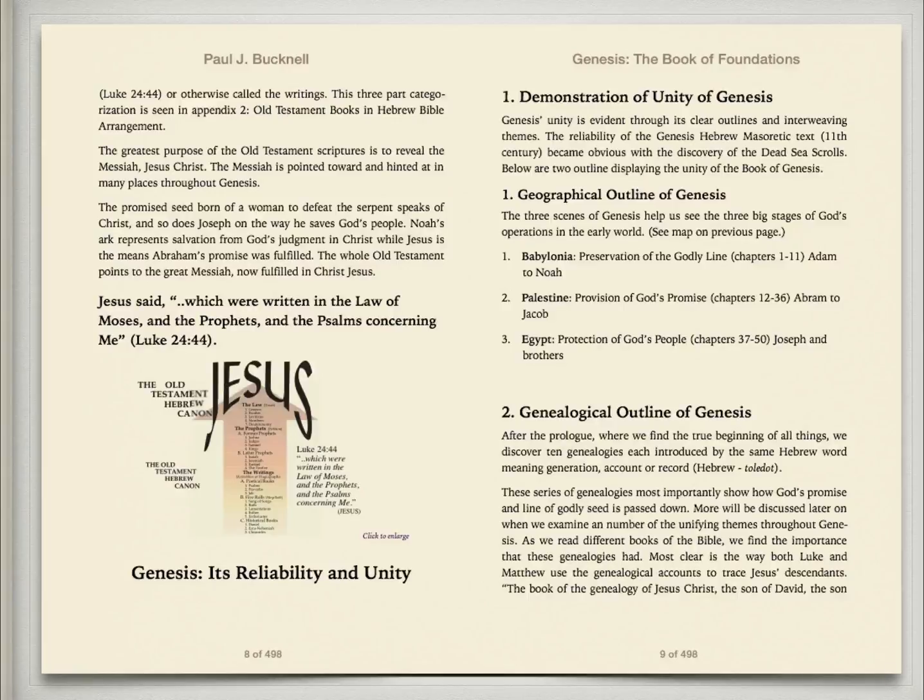You'll notice here, and we're going to look at a few pages within the book of Genesis, this is the E edition. We have lots of charts. I've taught it numerous times for classes using PowerPoints and so forth, and in the old days, overheads. And so we have lots of diagrams and charts to make this book come alive,